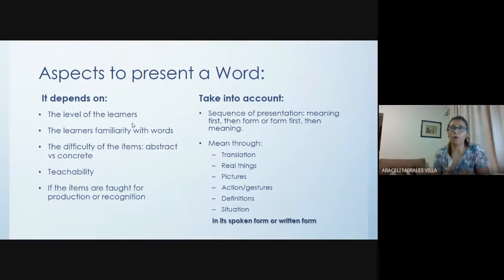Okay, so that's a factor that influences learning. The other one is the difficulty of the different kinds of items that we are teaching. It could be something abstract, or it can be something very concrete. What is abstract is something that we have only in our minds, and concrete is something that we can